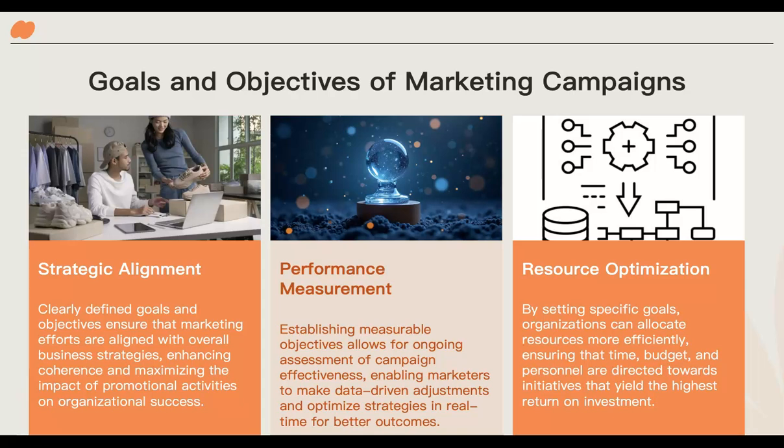And then you also want to bear in mind that most businesses don't have limitless amounts of money or time. Big companies like Coca-Cola or Nike can spend tens of millions of dollars on marketing themselves, but a smaller business might only have a couple of $100 or a couple of $1,000 a month to spend. So it's really important to think about resource optimization. What is the smartest way to spend my advertising budget?